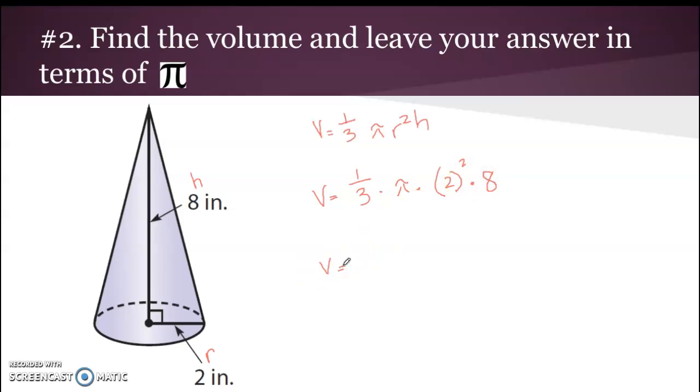Now again, in your calculator, we will enter everything except the pi, because they want us to leave it in terms of pi. So we'll do 1/3 times 2 squared and then multiply that by 8, and it's going to be